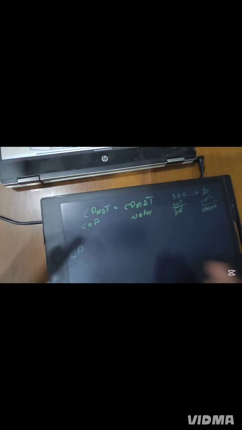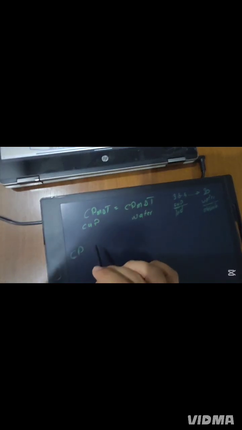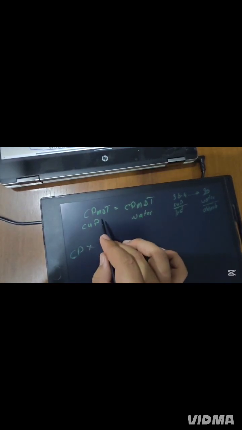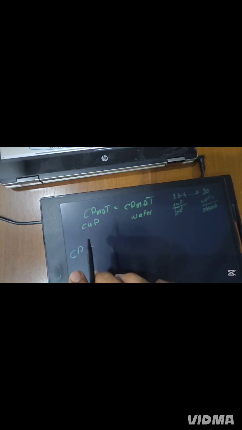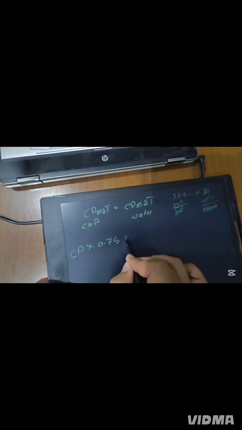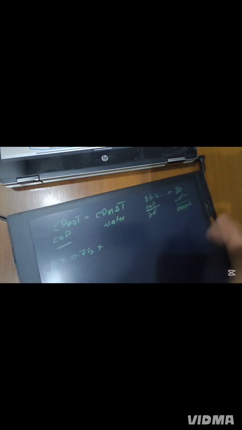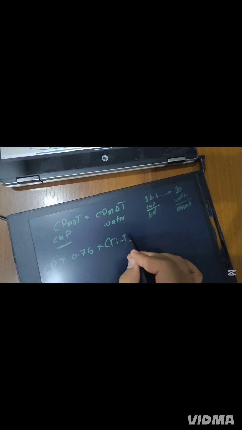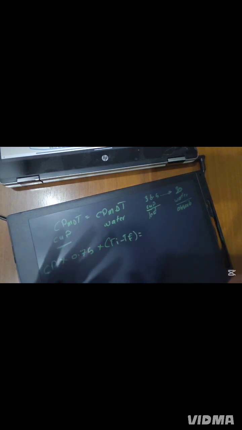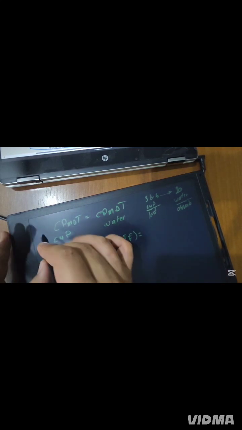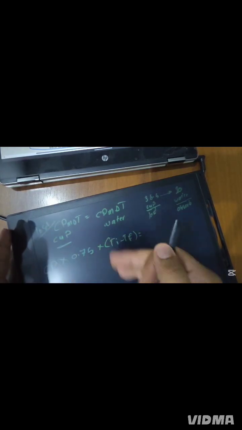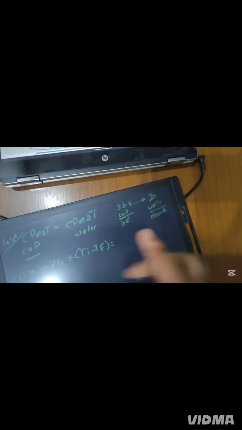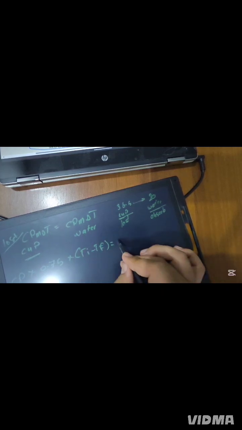We are going to find the specific heat capacity of the cup times the mass of the cup. The mass of the cup was 0.75, times, because the cup is losing, instead of delta T you have to write Ti minus Tf. Not Tf minus Ti, because the cup is losing, every time Ti minus Tf. But on the right side you have water absorbing,